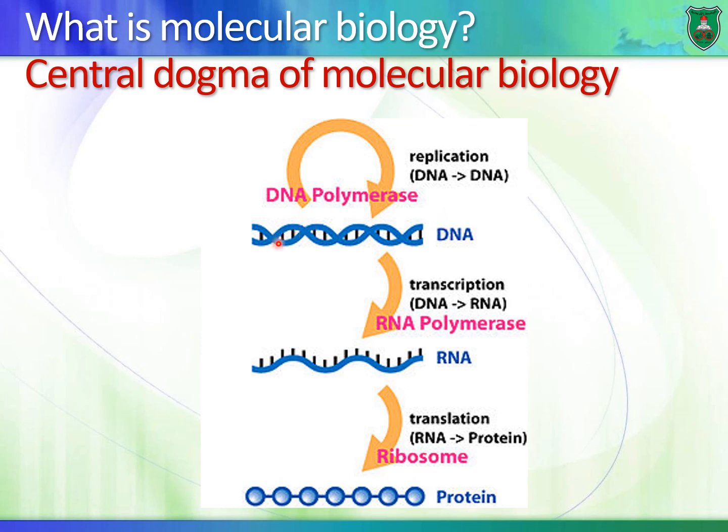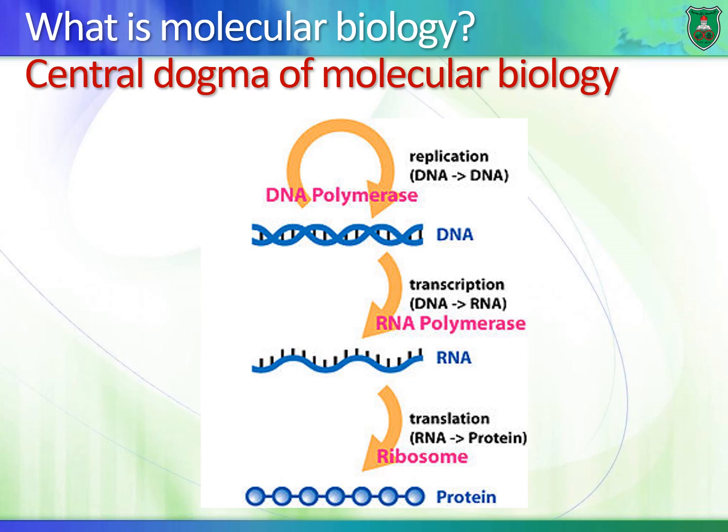Human DNA is double-stranded, meaning that there are two strands of DNA. DNA can be used as a template, okay? So focus on this word, a template, in order to make an RNA molecule, which is single-stranded. This is a process known as transcription. Then we have translation, whereby RNA is used to make protein using ribosomes as well as other molecules. So this is the basic central dogma of molecular biology.